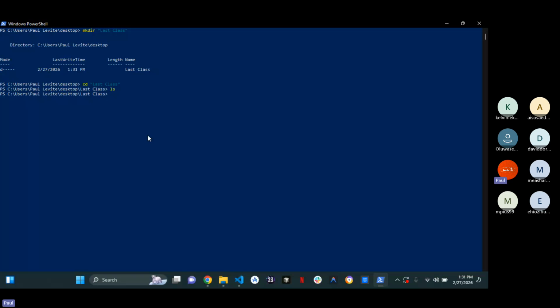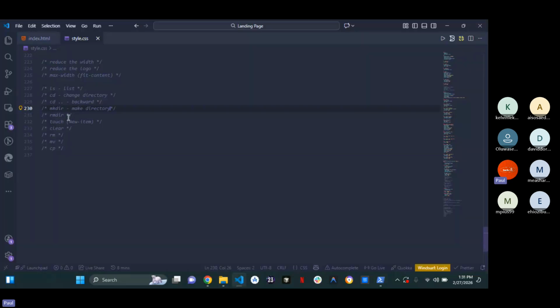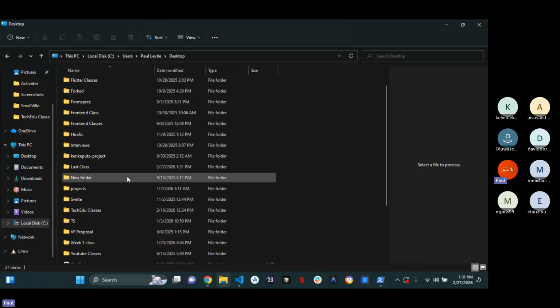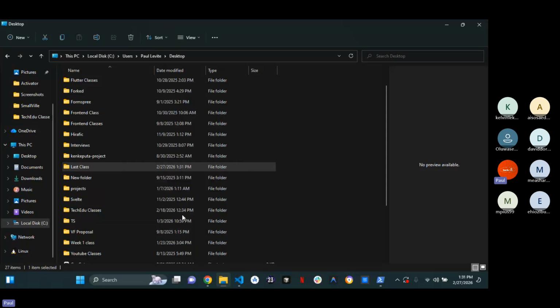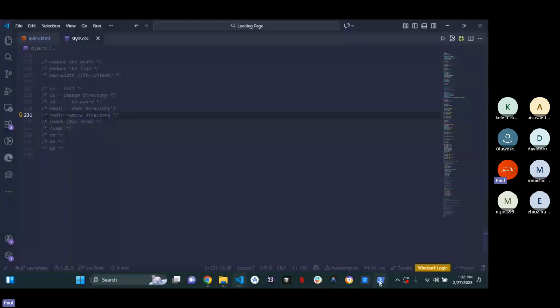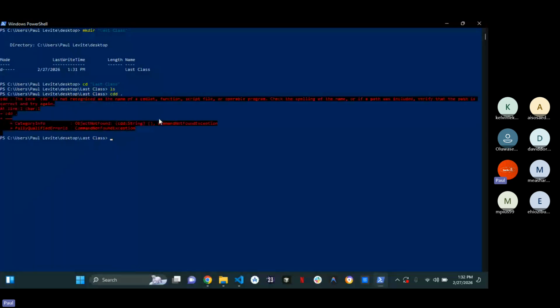Similarly, we have rmdir, right? rmdir means what? Remove directory, or delete folder. The same way you delete your folder. Now, if you want to delete a folder, it feels more stressful: I'll come here, click on it, right click, and then say show more options. Then after that's how to delete, right? But in this, what I have to do is use a command. I can just say I want to delete this particular directory. All I have to do is say